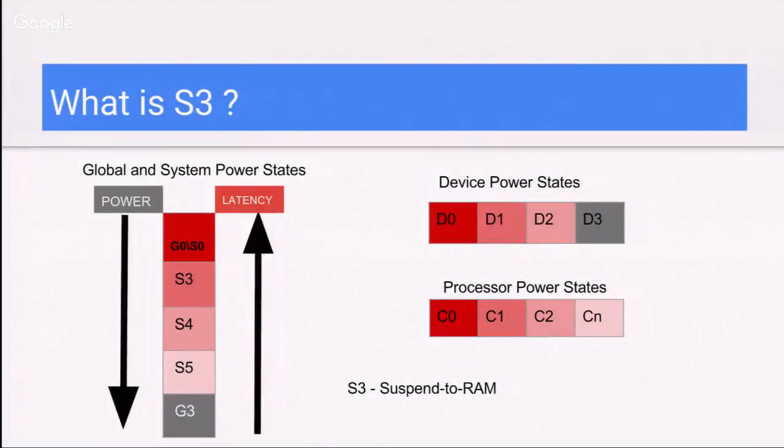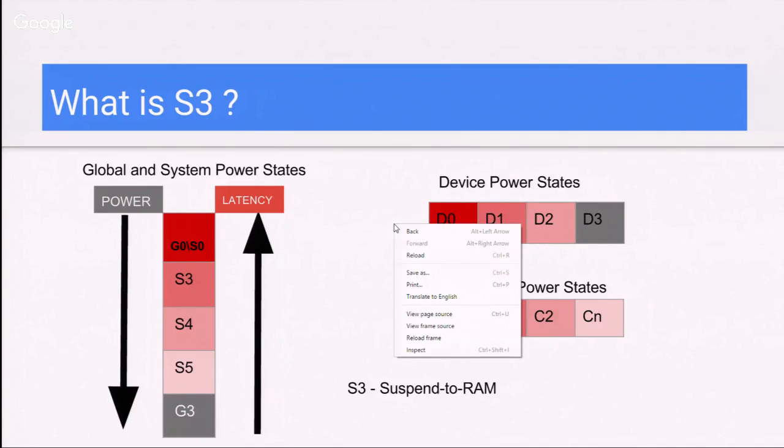And the transition from G3 to S0 is the one that has the highest latency. So if you look at all those in-between states, the S3, S4, S5, those are all the sleeping states where it would conserve power, and there are varying levels of latency to come back to a completely on, working state. When you're in any of these system power states, if you look at the right, there are the device power states. You can configure the device to be in any of these device power states. So the higher the number, there is higher power savings, but